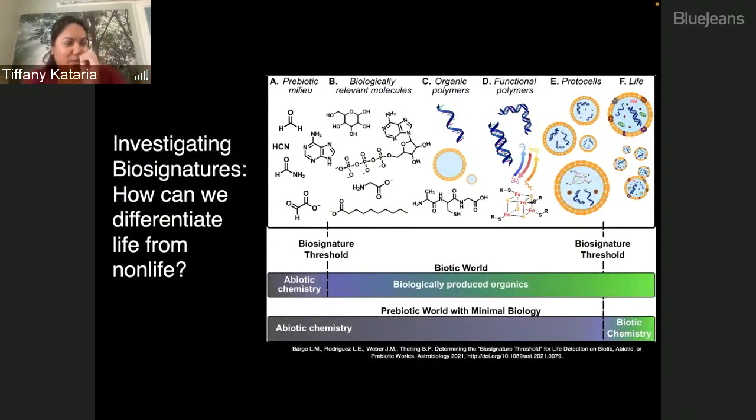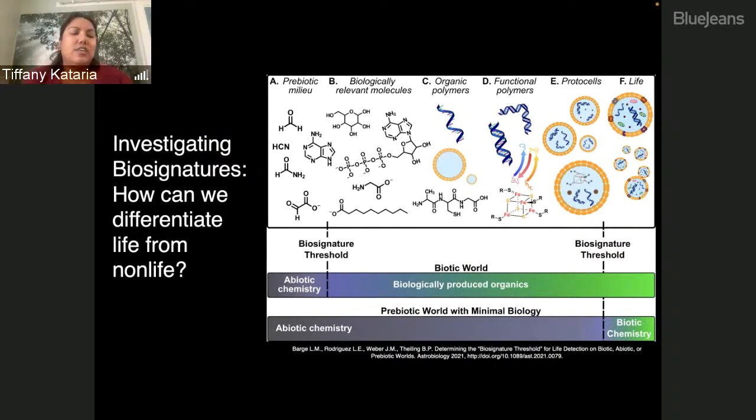Okay, I'm looking at the time. I know I'm trying to keep things brief here. There's a lot to dive into. But all I want to point to with regards to this slide is the idea of this biosignature threshold, which Lori puts forth in this 2022 paper, the idea of whatever metric we'd like to use to classify detection as biotic versus abiotic, life versus non-life. We talk a lot about this, of course, in the context of biosignatures, but how can we also consider that in the context of origin of life?